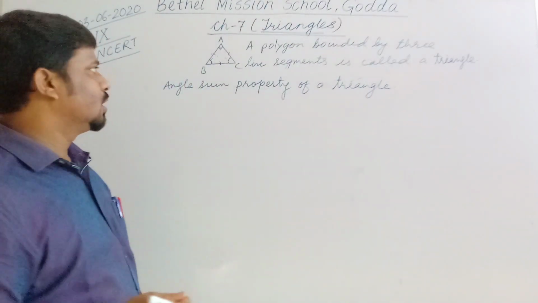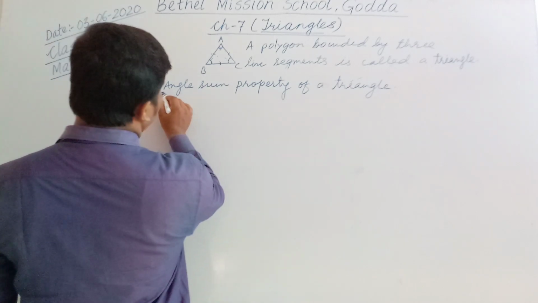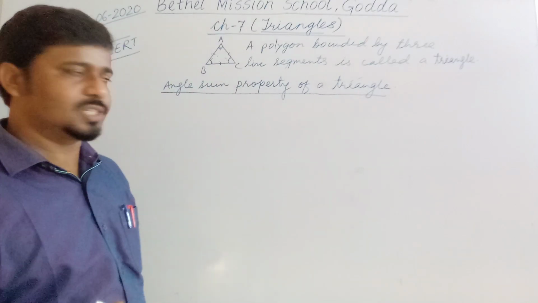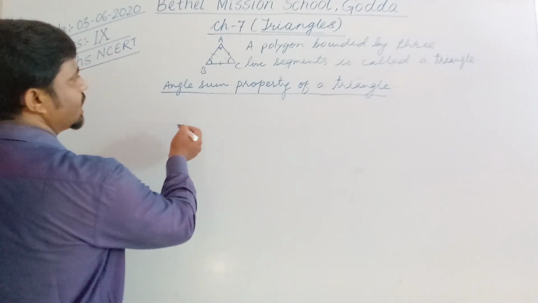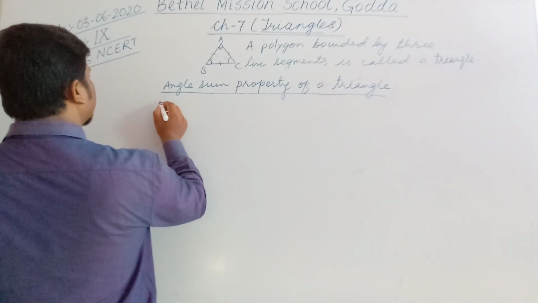Already you have been introduced to the angle sum property of a triangle in the previous classes, and let's see once again what is that. Angle sum property of a triangle means the sum